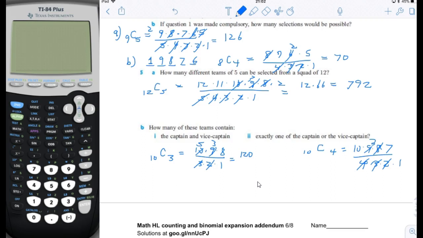210 for 10 chooses 4. Now remember, one of the slots could be either the captain or the vice captain. So there would be 210 combinations with the captain, or there would be 210 combinations with the vice captain. So actually, total, there would be 420 total combinations with either the captain or the vice captain. And that's it for page